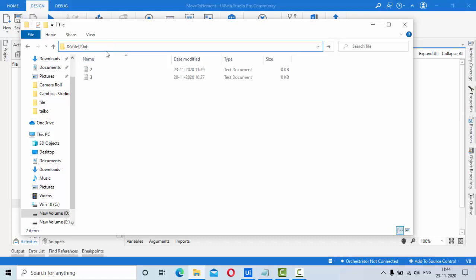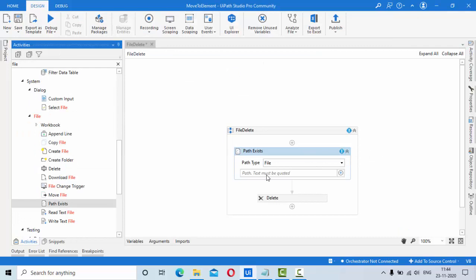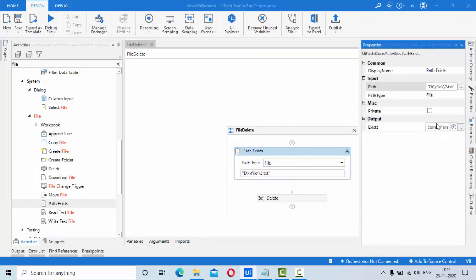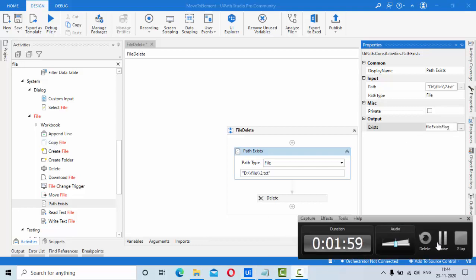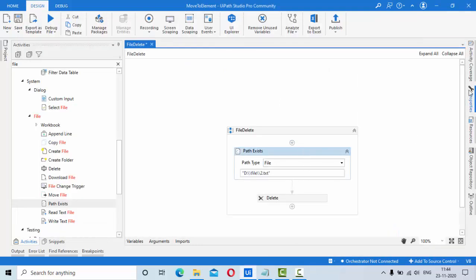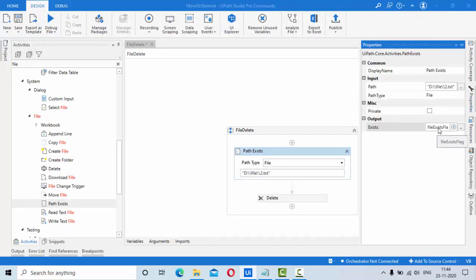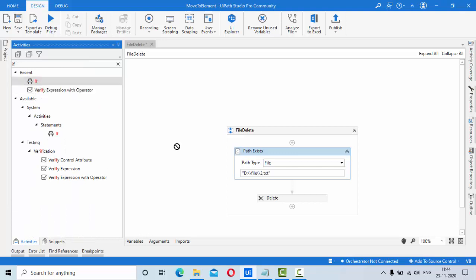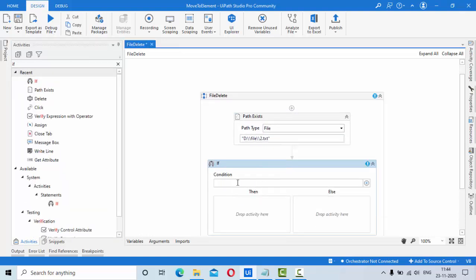That should work, right? So I have selected this, gone here, keep the file here, and go here, and it is like file exist flag. Okay. Now, this file exist flag will return true if the file is existing. If it is not existing, it will return false. So in order to handle that true and false scenario, I am using if and else here, based on whether file exist flag is true or not.